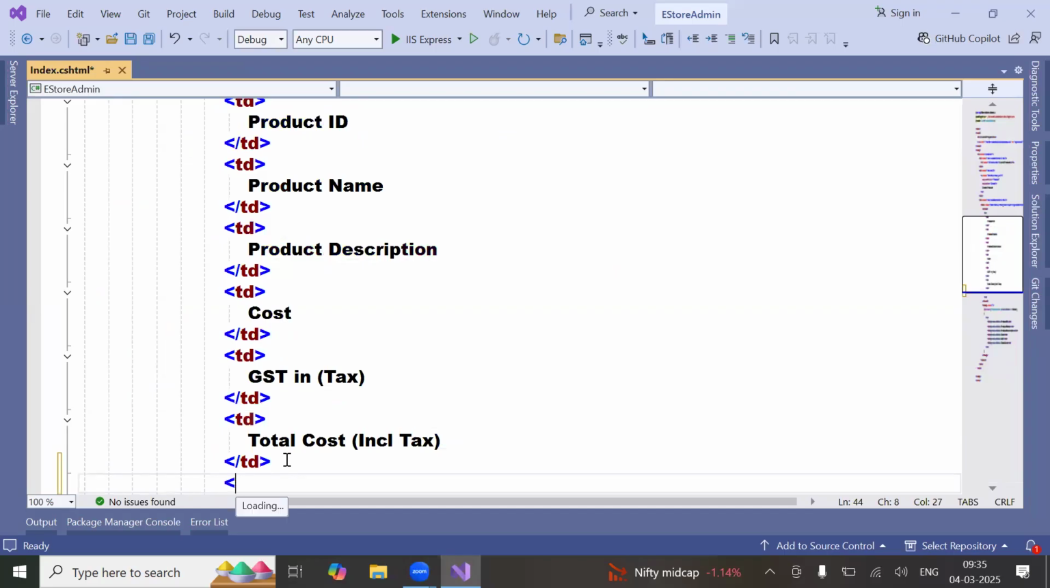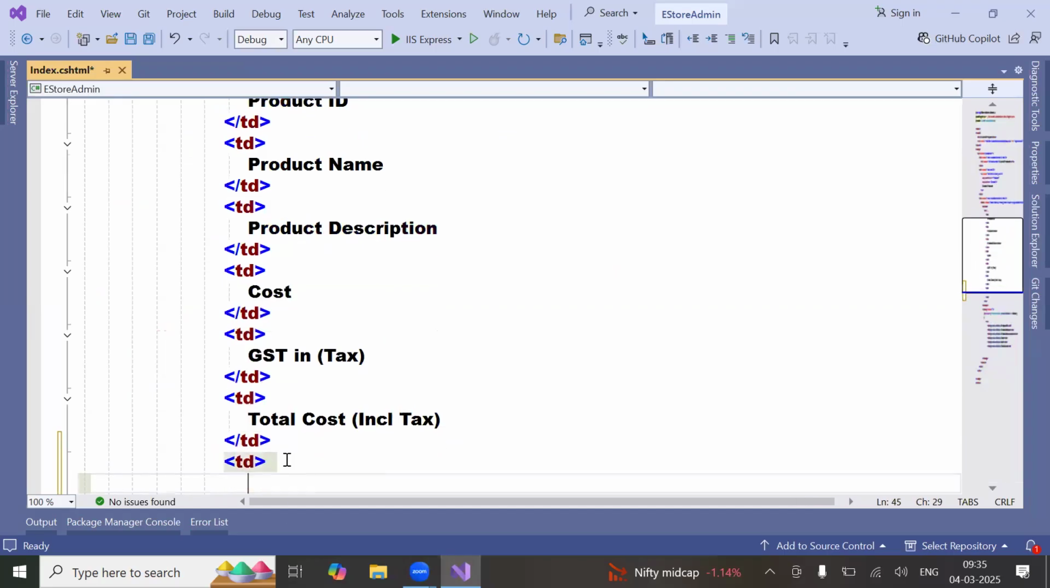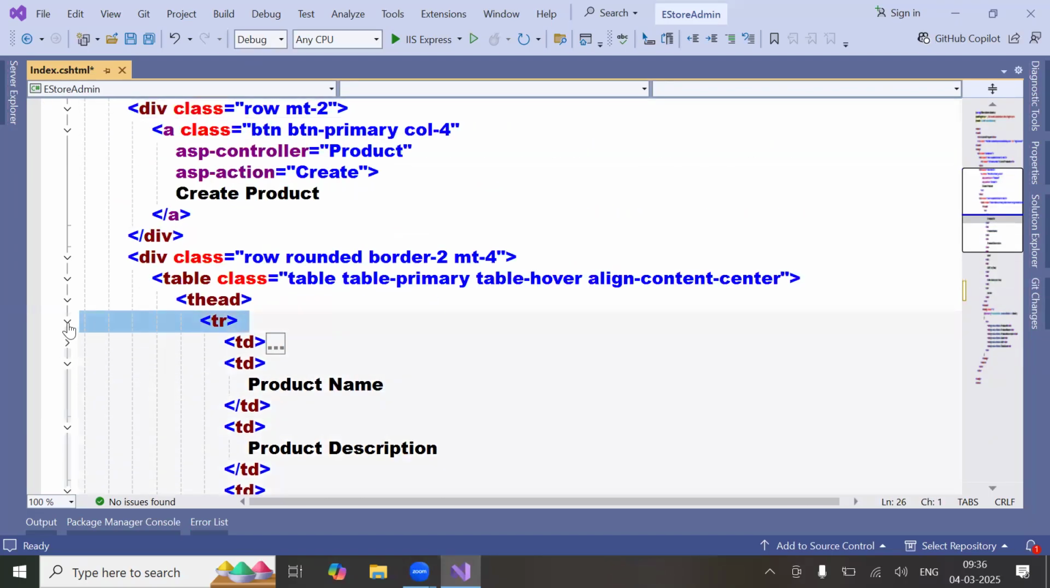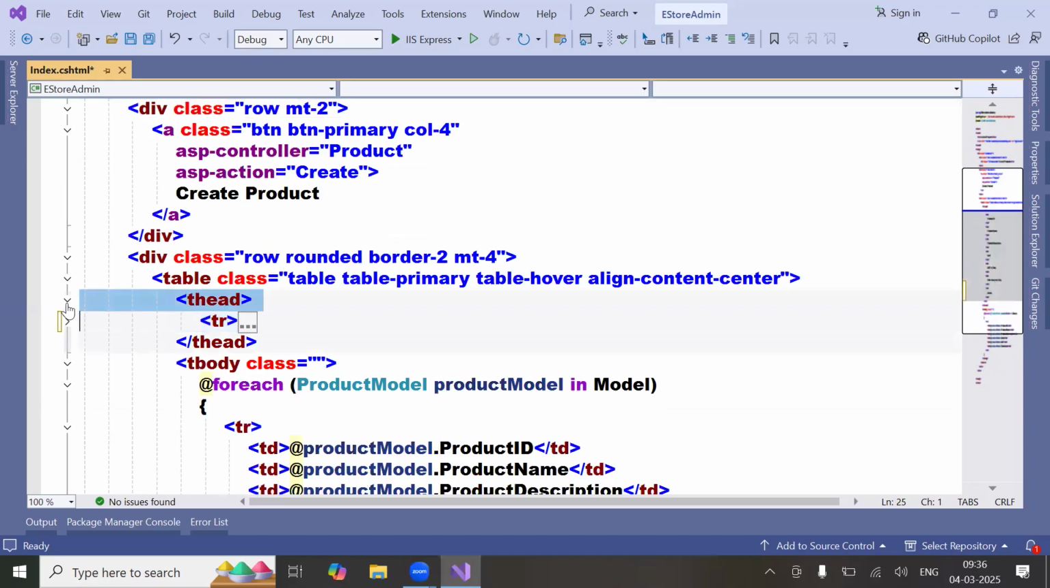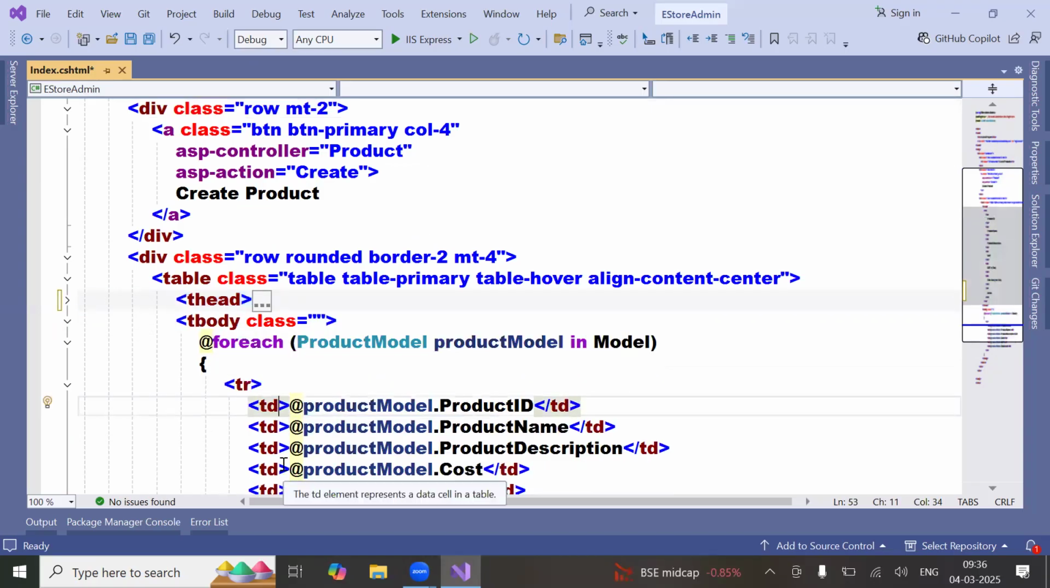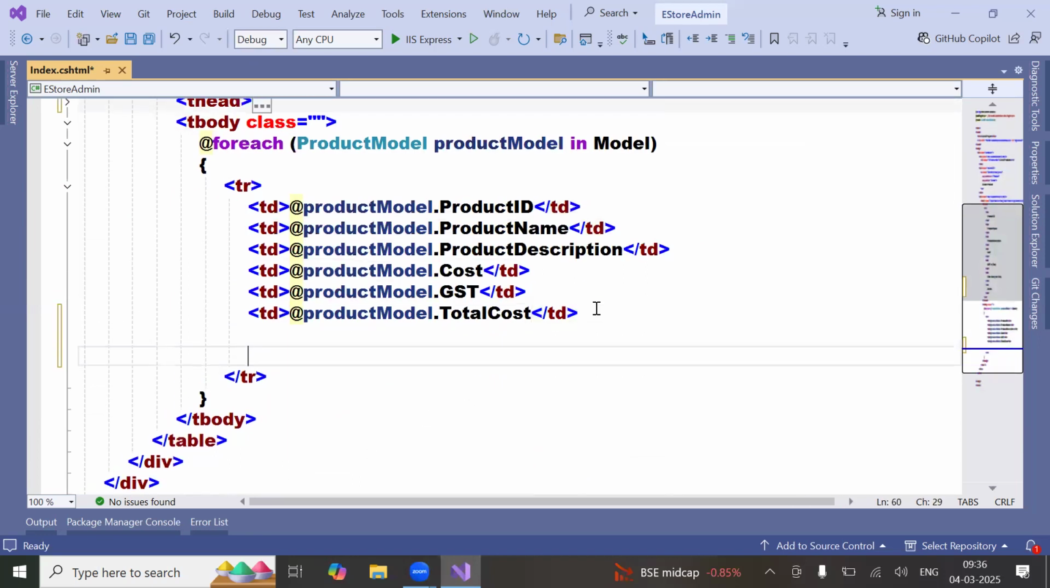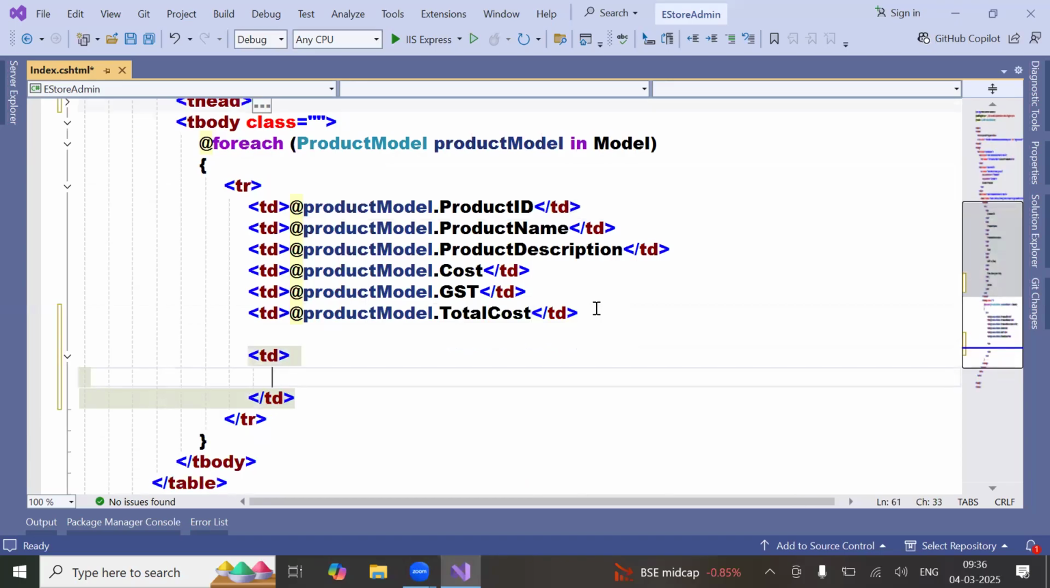TD delete. That means I'm going to delete the product. I say delete. Now when I make TD in the TR, here the TD, and say